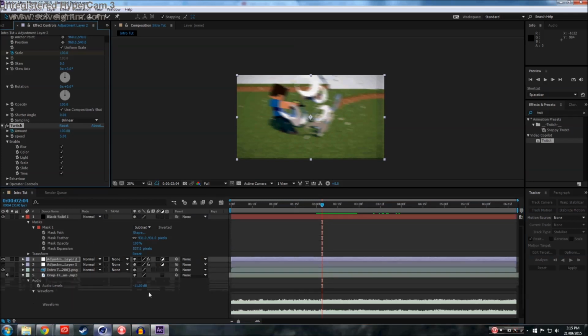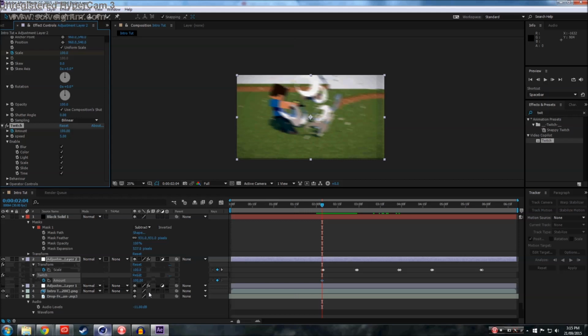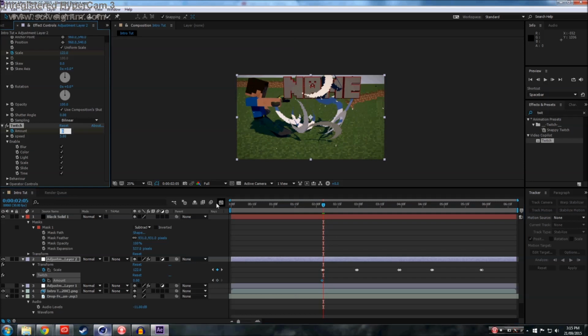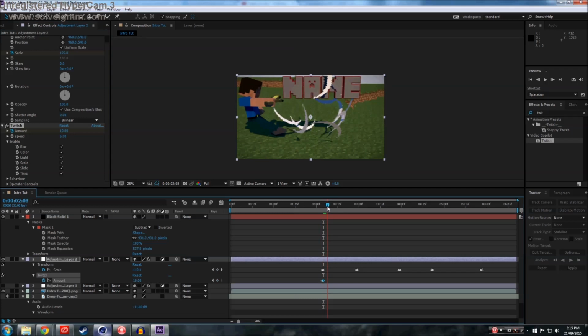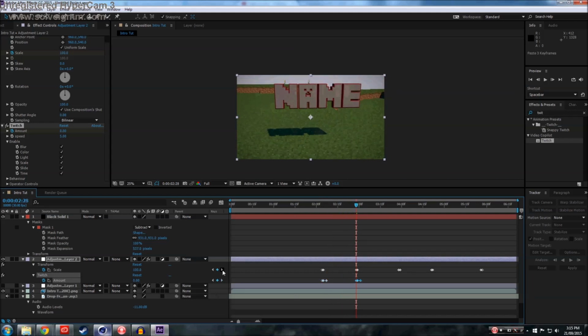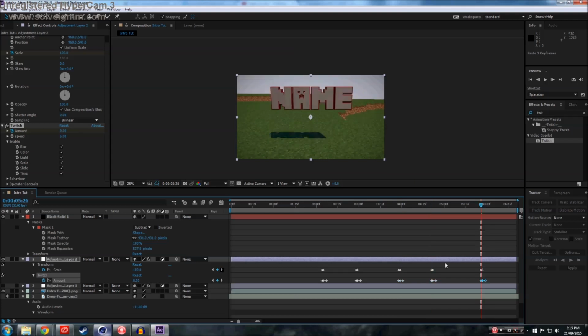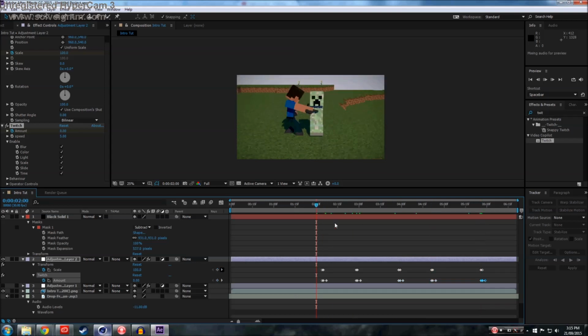So I'm going to, again, click U to get all the keyframes up and have it set at 0. And then on the next keyframe, have it set at maybe like 10. Come along a bit further and then set it to 0 again. And then what we can do is, again, grab all those keyframes so that we don't have to find the base again and set it on all of them. And then if we play it back,